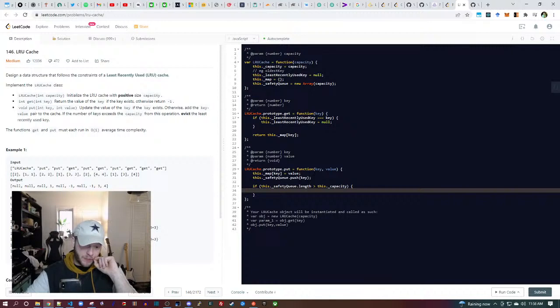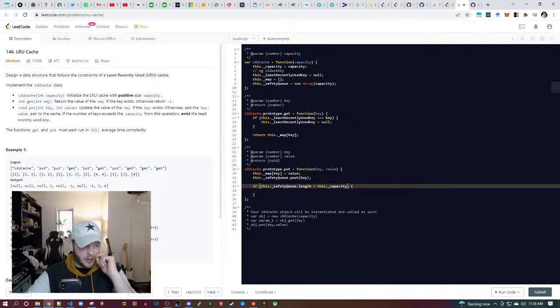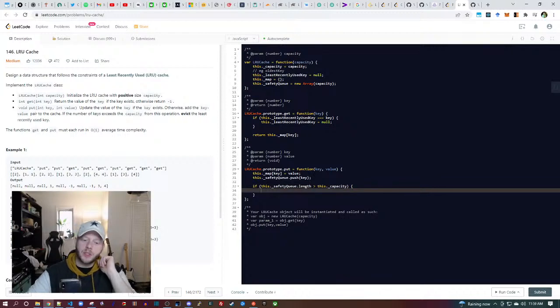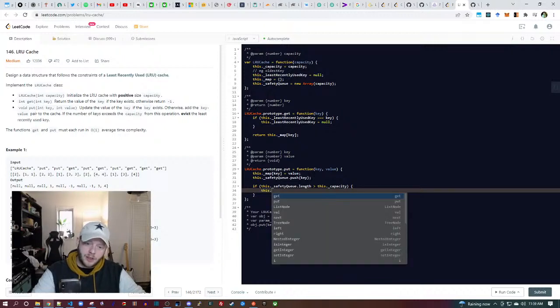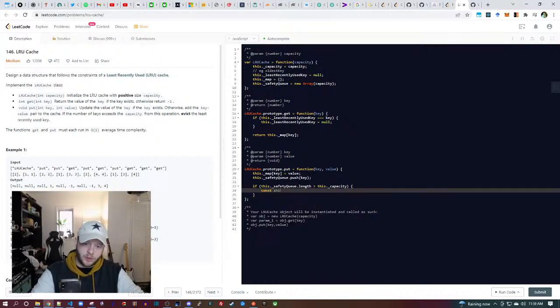Yeah, so slicing right is popping, slicing left is shifting, if you do a single element in those directions. Okay, and I think shift is a constant time operation. I'm just not 100% sure about that. If this dot safety queue dot length is greater than this dot capacity, someone's got to die. That's the problem. So let's say shifted equals this dot safety queue